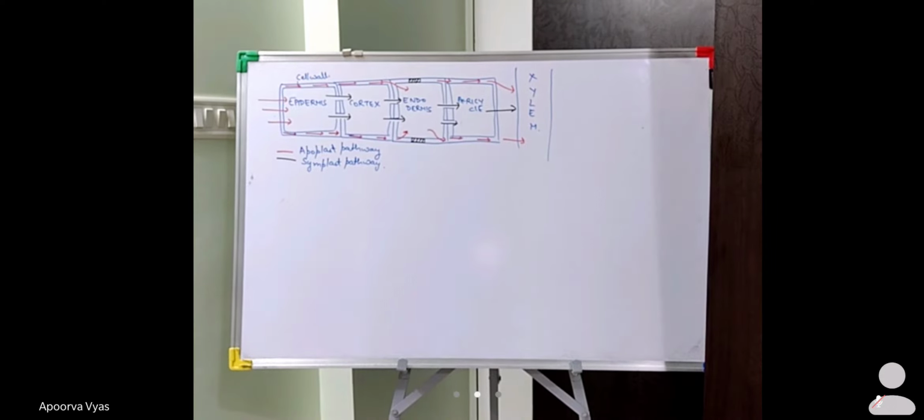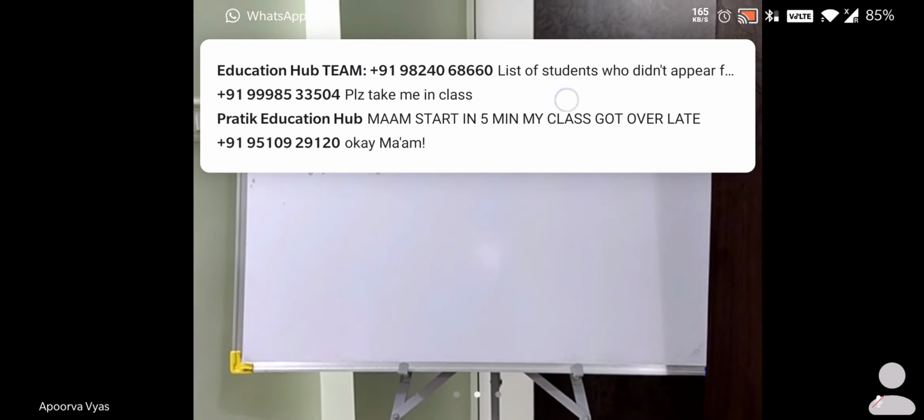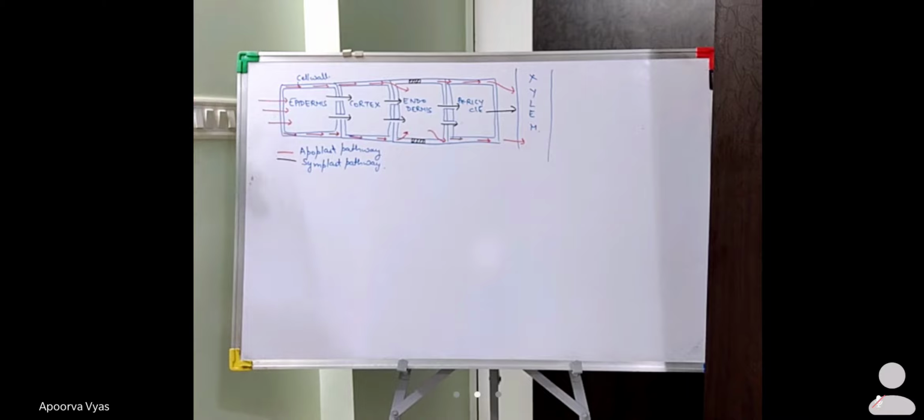ठीक है. अच्छा, ये तो हुआ फर्स्ट स्टेप. विच वाज द फर्स्ट स्टेप? कि जो वाटर है सॉइल से दैट इज अब्सॉर्ब्ड बाय द रूट. दिस इज द फर्स्ट स्टेप. यहाँ पे द फर्स्ट स्टेप कंप्लीट हुआ है. फर्स्ट स्टेप में कौन से दो आएंगे? दी एपोप्लास्ट पाथवे एंड द सिम्प्लास्ट पाथवे.